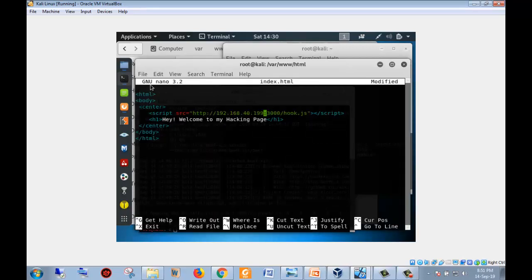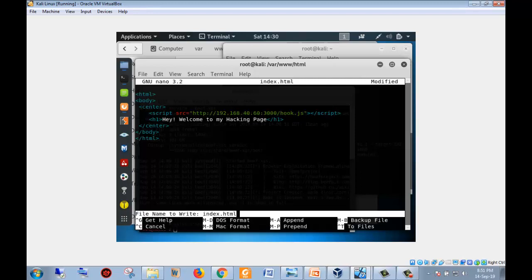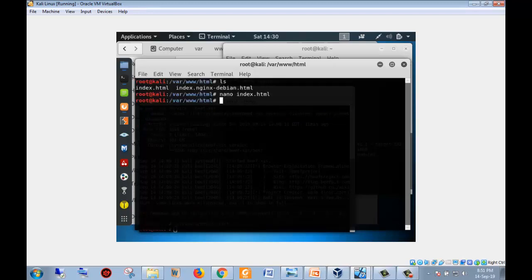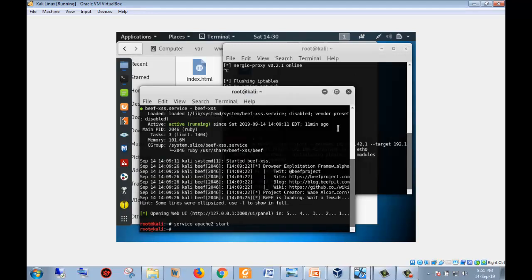The 42.60. So right here we have .60. So we press Control O, Control X. So we've edited the file, and let's close this window and go back now to the victim's machine, which is the Windows machine,